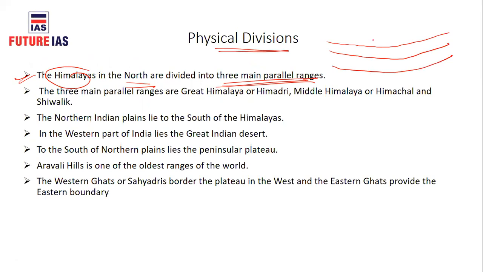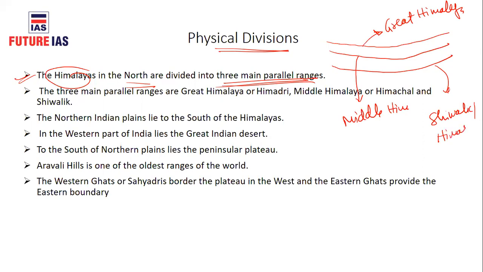The northernmost range is also known as the Inner Himalaya, also called the Great Himalaya. The middle range is called the Middle Himalaya, and the southern range is called Shivalik or Himachal. So these are the 3 parallel ranges of the Himalaya. The northern Indian plains lie to the south of the Himalaya,